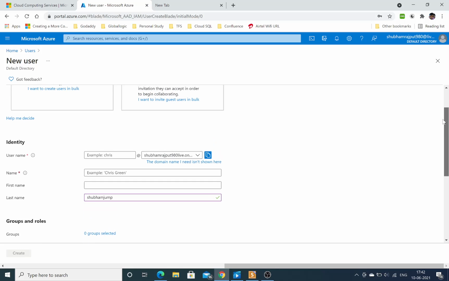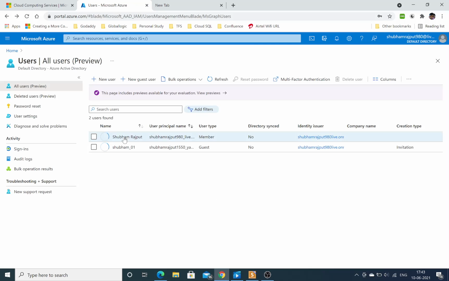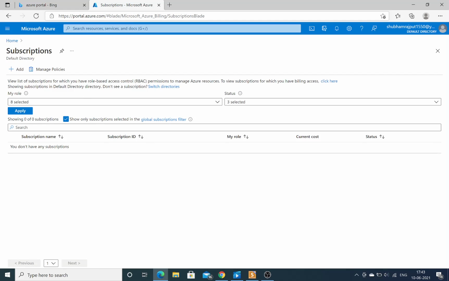So I have already created a user. I'm logging in with the user which I showed previously, Shubham_01, with email ID Shubham1550@yahoo.com, which I have already opened in another browser.